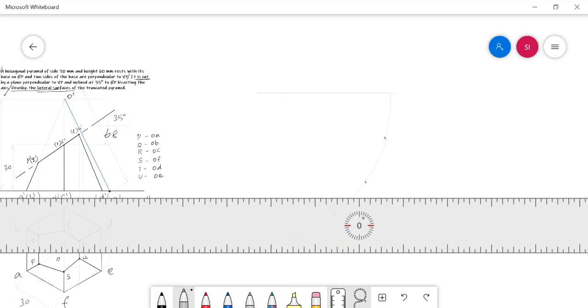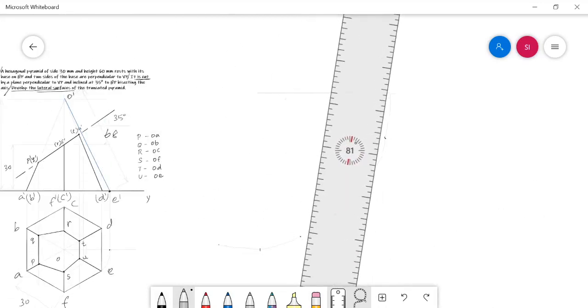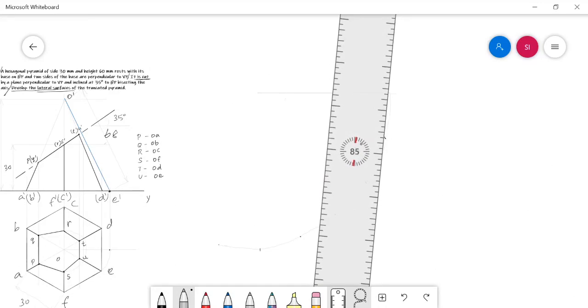After that, connect these points with straight lines.